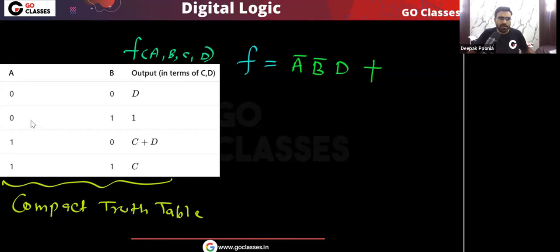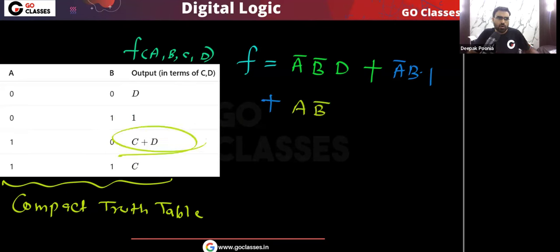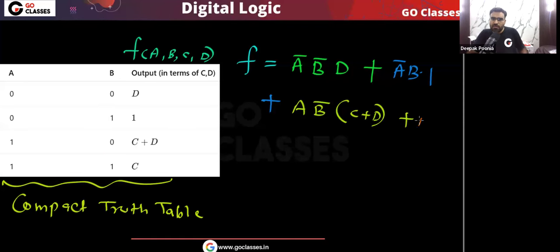Next, for this min term a bar b, the function value is basically 1. Next, for this min term a b bar, the function output is c or d. And for this min term ab, when a is 1 and b is 1, the function value is c.